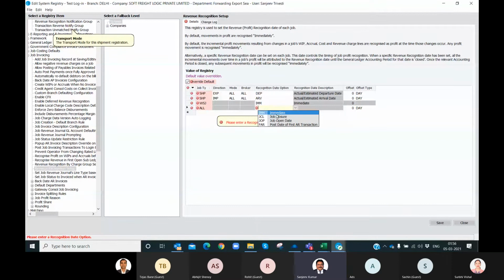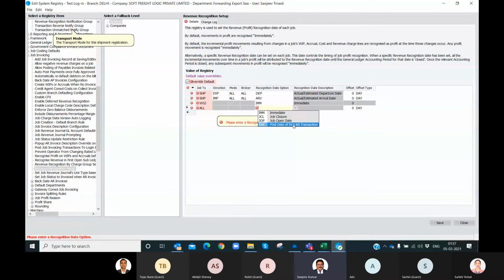Same way for first AR. Suppose we select first AR transaction invoice posting. Now, if the first invoice has been posted, obviously the revenue will be recognized. Now suppose there is a scenario where a vendor invoice has been received and we have posted that, but on that job, first AR posting has not been done.